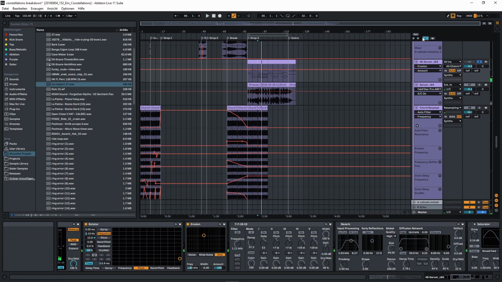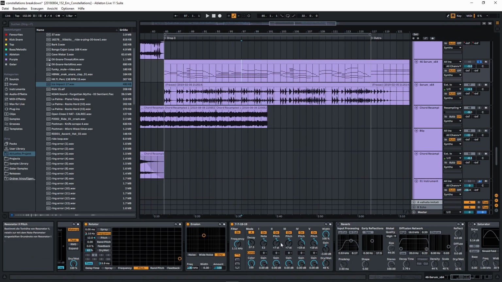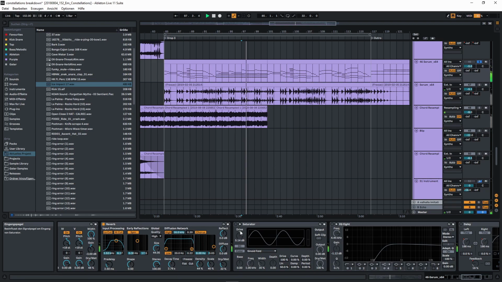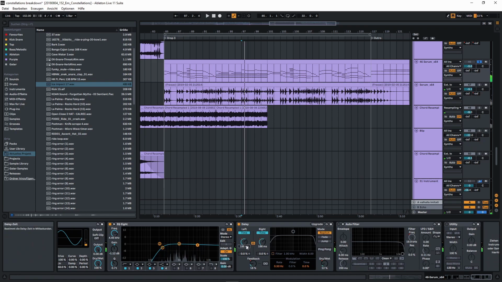This automation is doing nothing, I'm not sure why I have it. Then I have a resonator set to the root note E and then the fifth, an octave up, as well as just the regular fifth. Some reverb. Saturator, high pass, this delay,